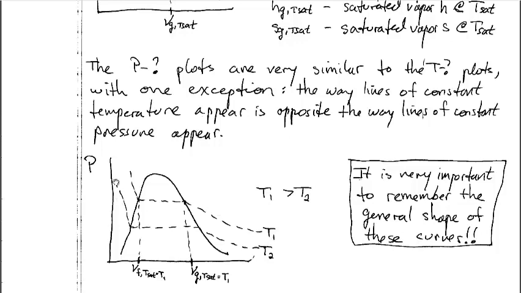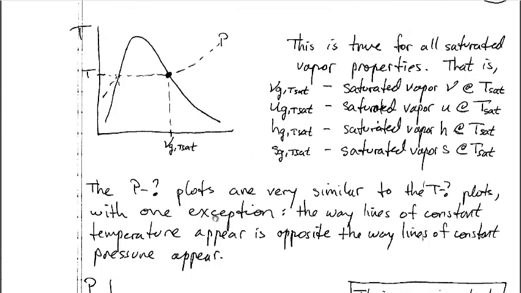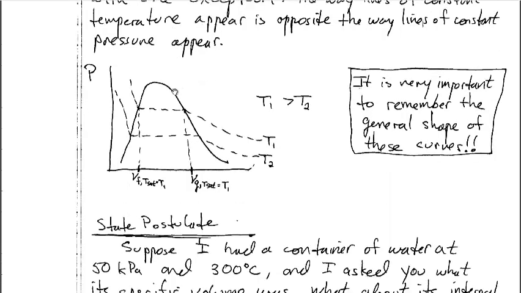So this is our pressure-volume diagram that we have drawn, and you'll notice that the saturation dome pretty much looks the same, and the left-hand side is the saturated liquid line, the right-hand side is the saturated vapor line, and we use v sub f to mean saturated liquid specific volume, and v sub g to represent saturated vapor specific volume. But the one difference between the pressure-question-mark plot and the temperature-question-mark plot is the way that the isobars are drawn, or the